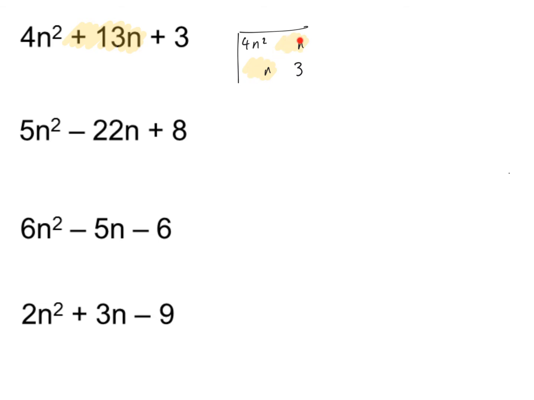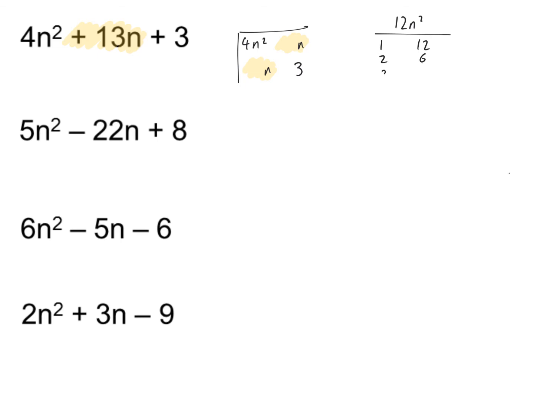We also know these two boxes will multiply together to give the same product as these two boxes. So multiplying these two boxes together will give me 12n squared. So I need to find two amounts of n here that will add up to give me 13 and multiply together to give me this 12n squared. So if we think about the coefficients,